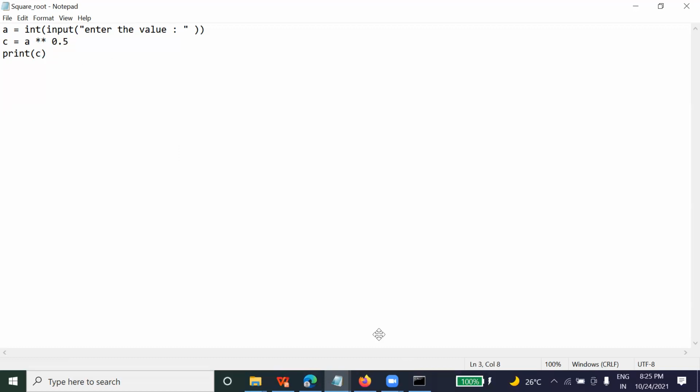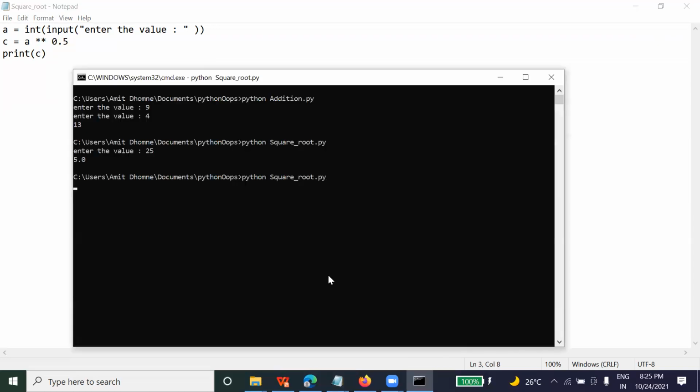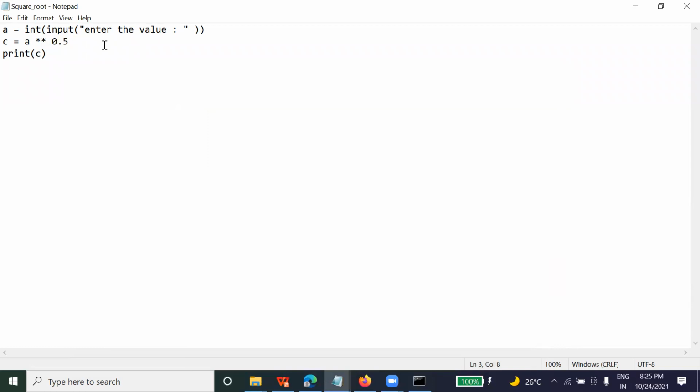Let me rerun this program. Now I want to find the square root of, suppose, 81. What will be the square root of 81? 9. Correct. See, we are getting 9, right? So this program will give the square root. Like this, you have to write the program in the interviews. When I said problem solving, what is the problem here? You can say problem or question, both are the same.